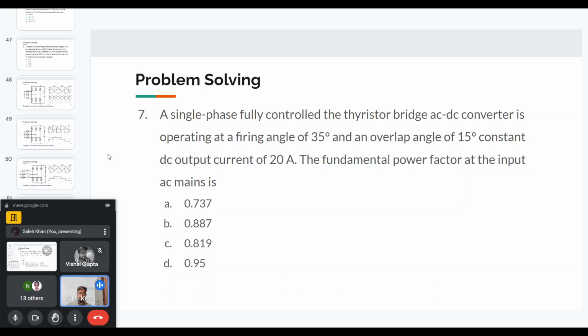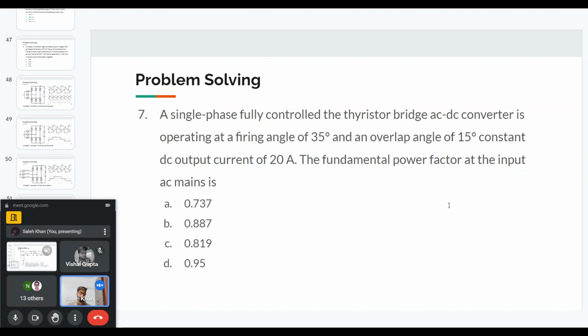Okay, so as I was saying, in this question we are given an overlap angle. If you're given an overlap angle, you must understand that this question has a source inductance also included. Then the question is also asking about the fundamental power factor at the input. So the fundamental power factor is basically the cosine of the angle between the fundamental supply voltage and the fundamental